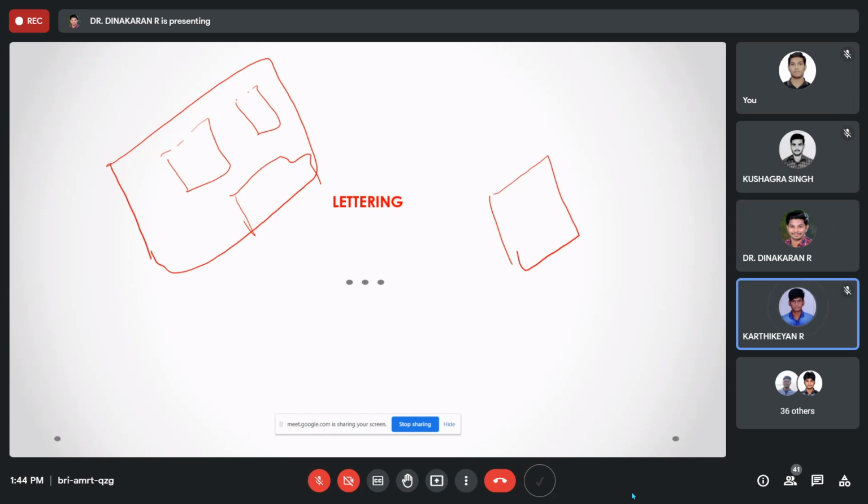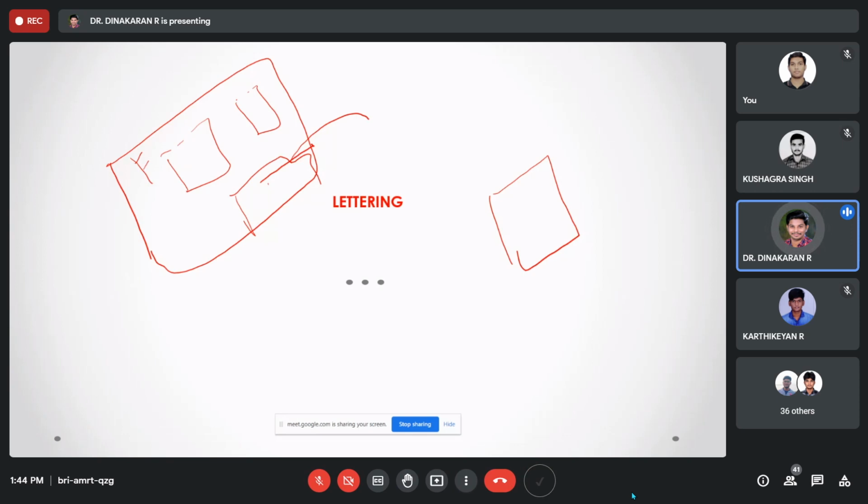No, sir. For that, we write lettering. Why we write lettering is because we need to communicate. It is for communication purposes only. Just as you write in your chart and communicate to me, in the same way we need to communicate to the manufacturer. For that, we need to write front view. Which one is the front view?